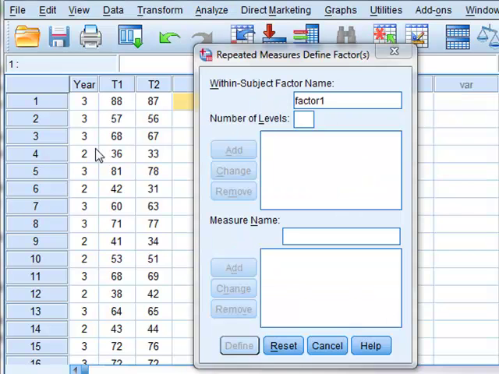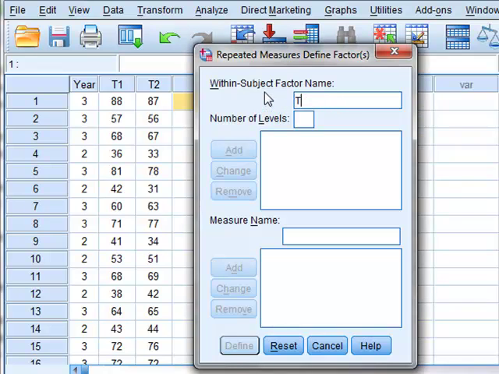Within this data, the subject is the year group, and we're interested in the change of results within the subject, so we will give this a name. So we will call this test difference, and there are two levels, the before and after tests, and we will add. We're also interested in the effect on the two year groups, so we will enter the name year group and add. We now need to define these,